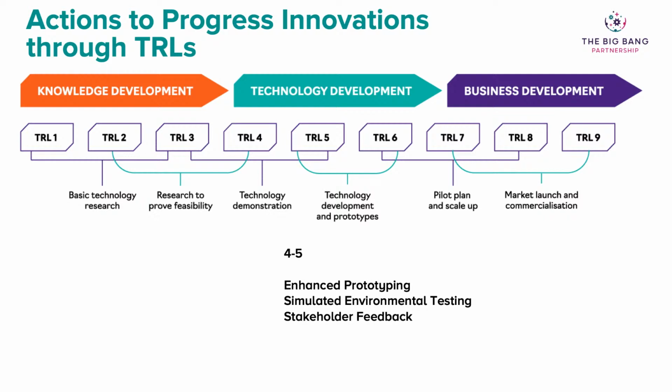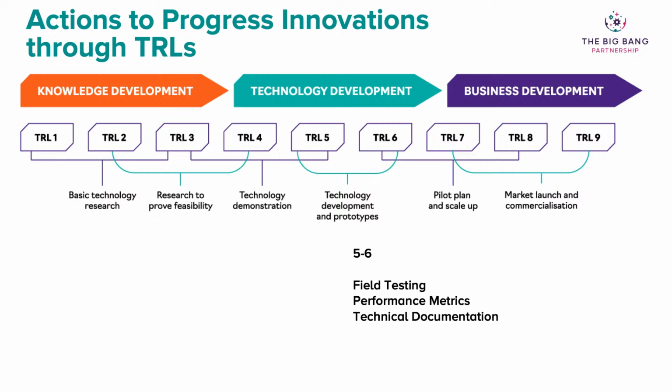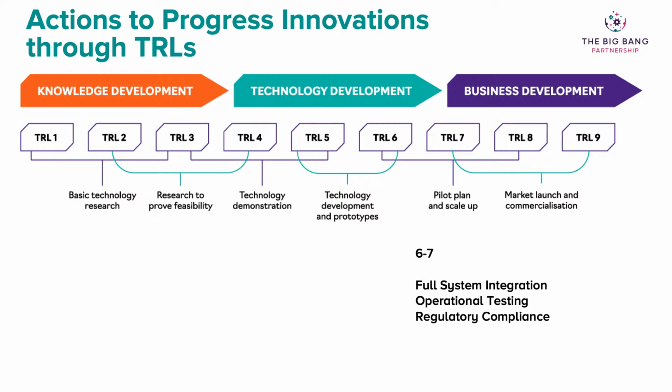To get from TRL level 4 to 5, even more advanced prototyping, simulated environmental testing, and starting to get more stakeholder feedback, especially from users, potential customers, and so on. To move from TRL level 5 to TRL level 6, testing it out in the field, getting closer to that real environment that your innovation will be operating in, looking at performance metrics, thinking about technical documentation,